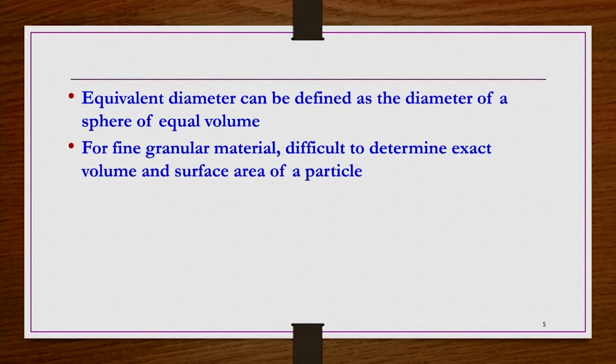And then for fine granular material, it is difficult to determine exactly what the volume and the surface area of the particle is. For granular material of very small size, it is going to be very difficult. If you have particles of irregular shape, but the volume is some mm cubes or some centimeter cubes, it is quite possible that you can measure SP and VP, and then you can get the sphericity. But if the particles are in micron size, like 50 microns or 20 microns,